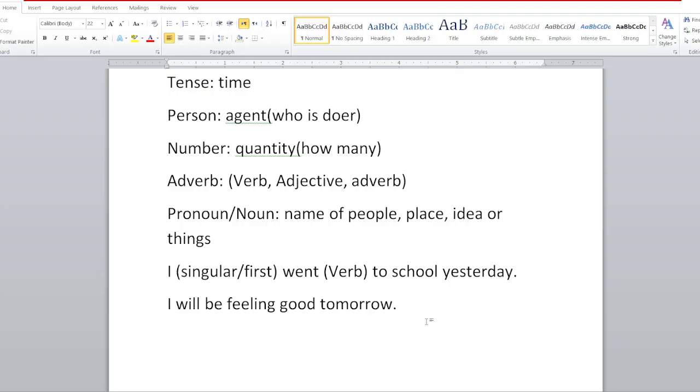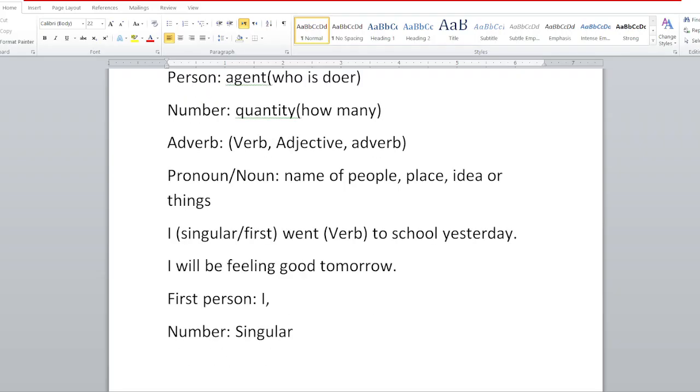So this is basically the thing. We have talked about the person thing. So there are persons. We have learned that the first person is referred to only one object, that is I. When you talk about first person, it's basically I who is talking, and when we talk about other persons, that will come later. So we have learned that number should be singular and I is a singular number, and we also learned how the verb changes within tense. So tense is